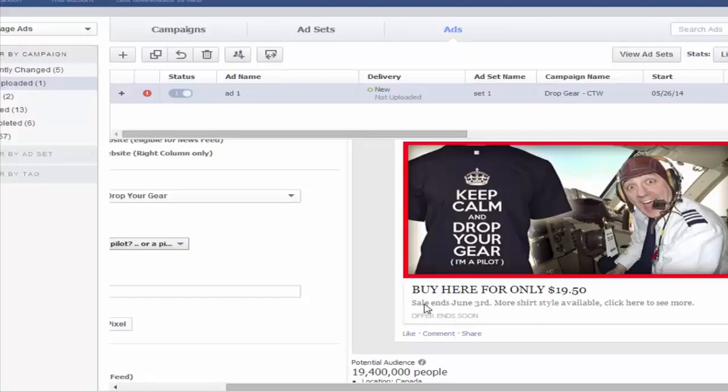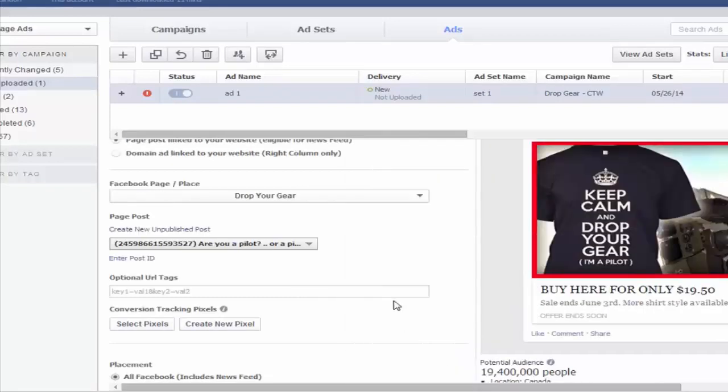Down here, offer ends soon. I just say sale ends June 3rd. You know, more shirt styles available. Click here to see more. If they're going to want to buy it, they're going to want to buy it. The face draws in attention because the eyes are looking at you, and they're going to see the shirt and the guy's sort of being goofy. It's just really funny. So going back to this, what I want to do is put an additional URL